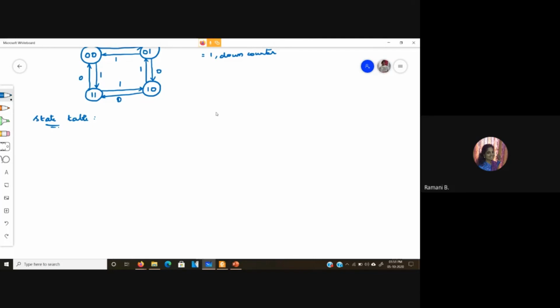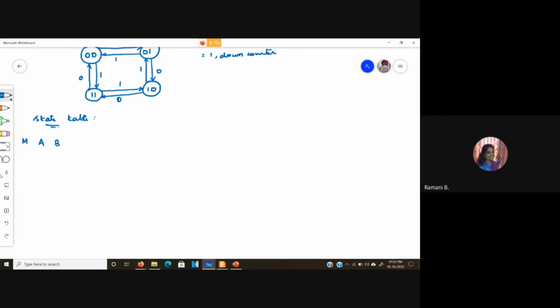As you are having 4 states, you will require 2 flip-flops. So let us take those to be A, B, and here we have the control input as M. So let me write it here.